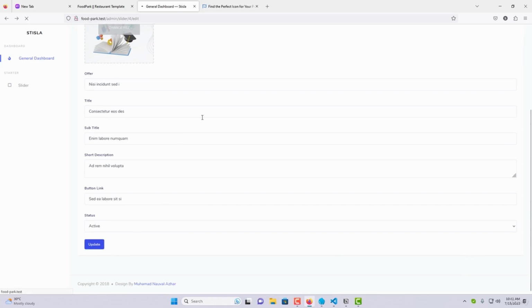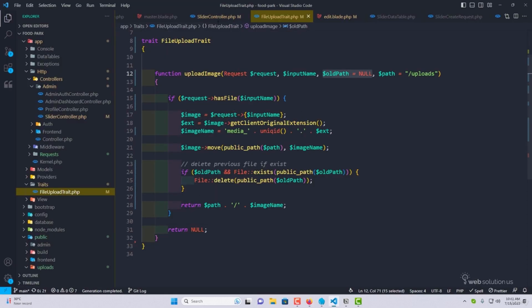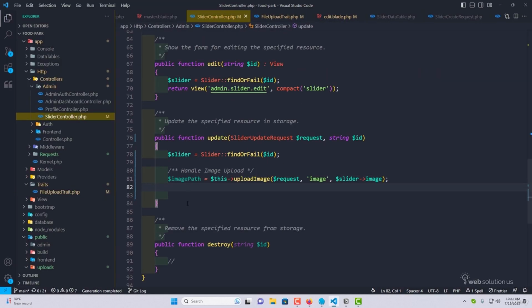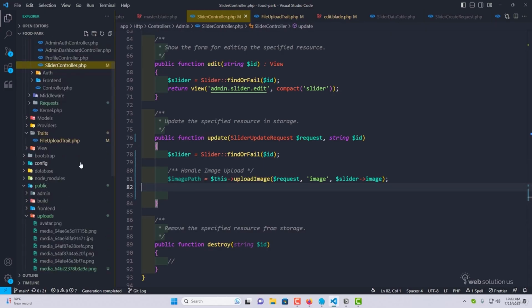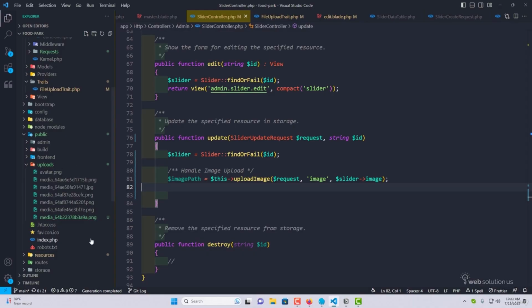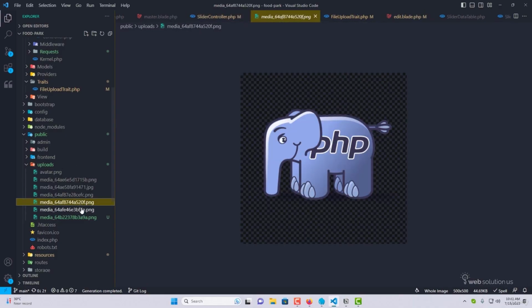Let's go here, click on update. Let's see what happened. Okay, look at here, we're getting a blank page because in our controller we did nothing here. We didn't return anything from here. But now it's time to check what actually happened. If I check it out,